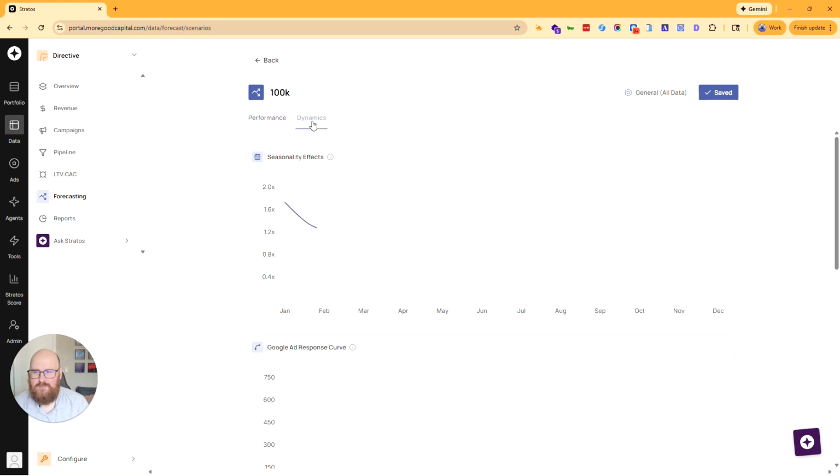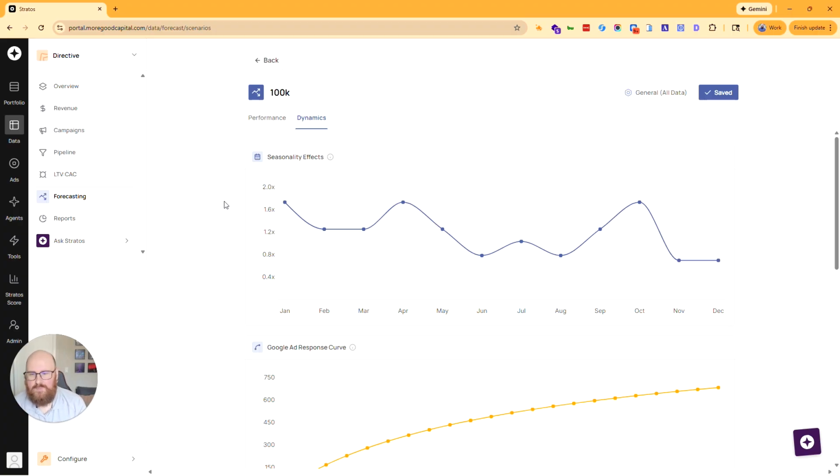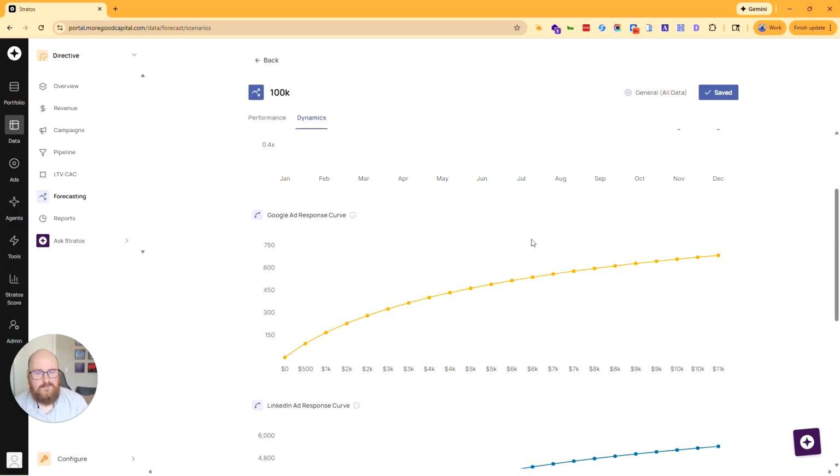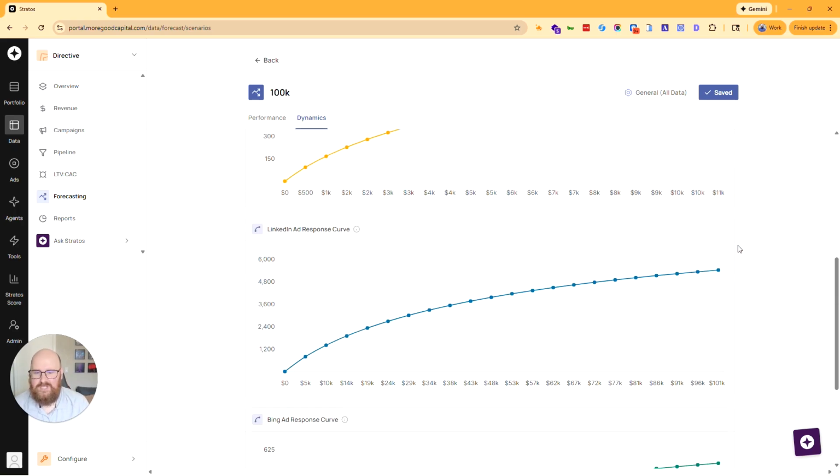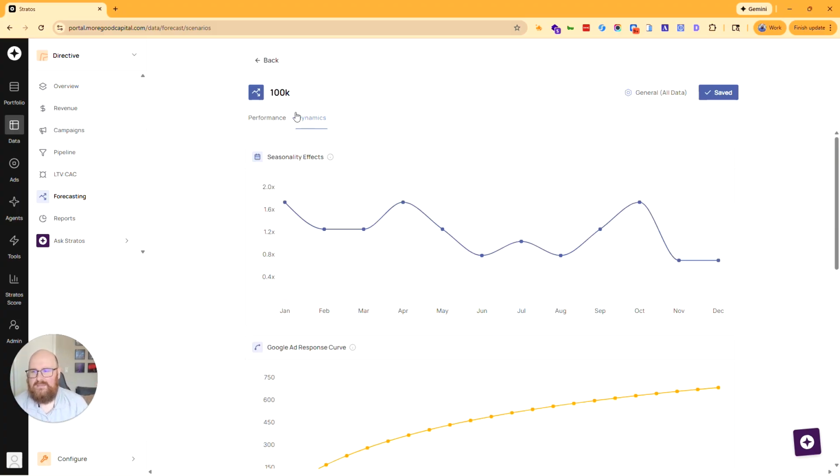But when I talked about seasonality before, we actually have that baked in. We have the seasonality effects of this account and of this data set to show you that, hey, April and October are when we're doing the best. And maybe we pull back some budget in the summertime when people aren't as busy out there shopping. It's going to be different for you. It's going to be different per sector. But we want to show what that looks like so it impacts the data accurately. We also show the curves that are accounted for in each of the ad channels, because as much as we would love doubling the budget to be up and to the right from a performance standpoint, it is up and to the right, but there's a curve, and we try to factor that into our data as well.